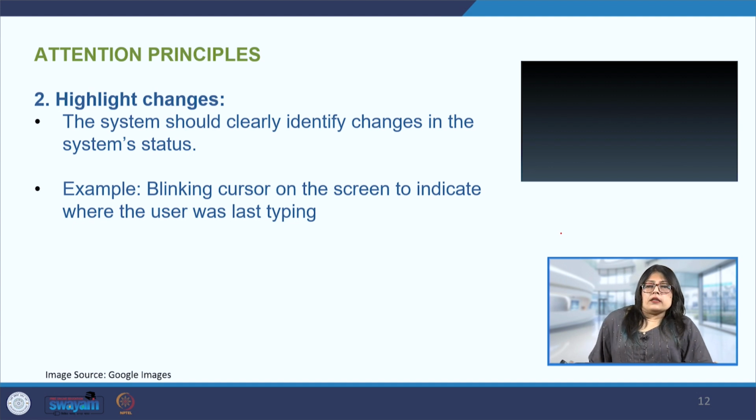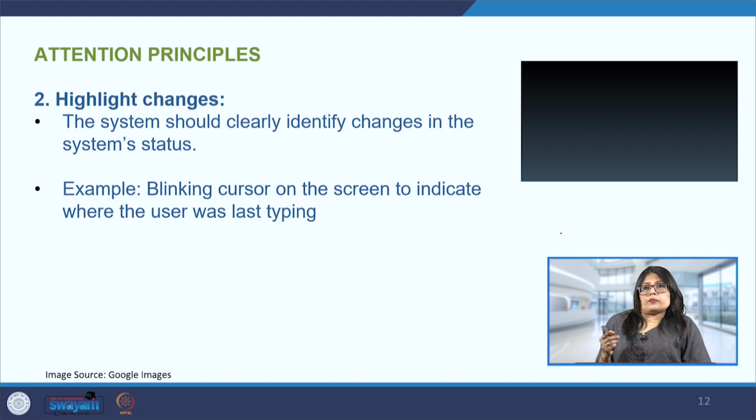Now here we can see in that image that the cursor is flickering. If I am multitasking and I am writing something or entering some information, and then I have to go to some other page to refer to some information or copy something and then bring it back, then if the cursor is not blinking in this place, I will have to search where I had left off my last activity, and that is where I will be inserting this new information I'm copying from the other page.